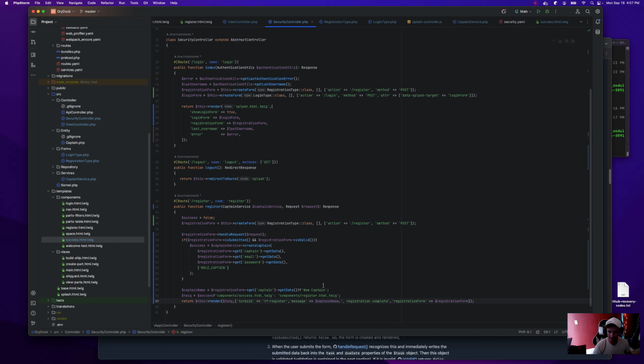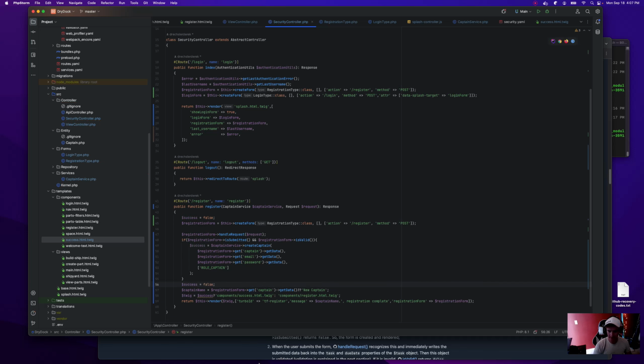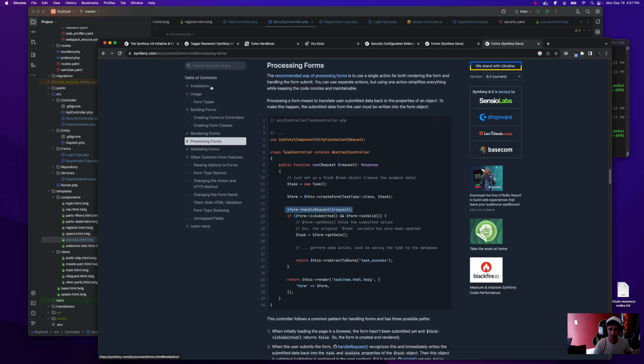Why don't we just set success to false? And form errors. Form type guessing.